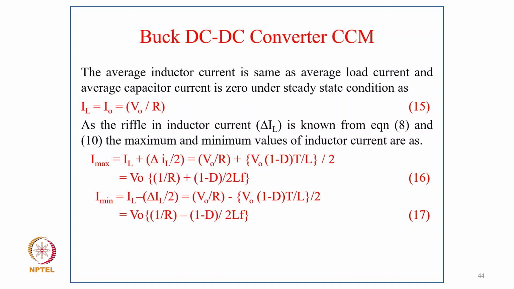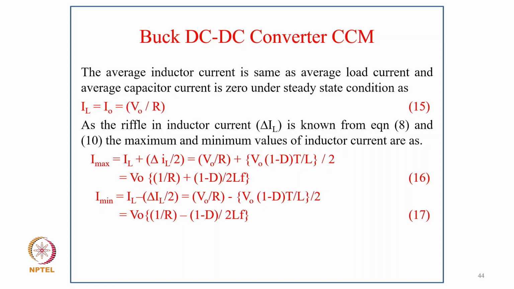Now coming to the average inductor current, it is the same as the average load current, and hence the average capacitor current is 0 under the steady state condition. So IL equals IO equals VO upon R. As the ripple in the inductor current is known, the maximum and minimum values of inductor current are Imax equals IL plus delta IL by 2, or equal to VO upon R plus VO (1 minus D) upon 2LF, or equal to VO in bracket 1 upon R plus (1 minus D) upon 2LF,